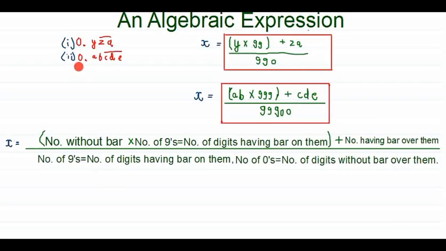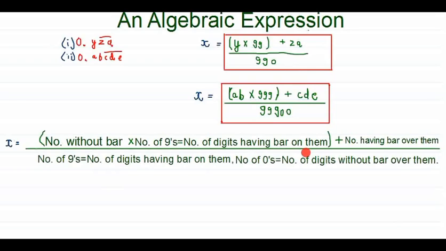So the second example is 0.AB and CDE is having bar over it. So again we have to find the fractional form of this variable number. So here x will be equal to AB into 999. So number without bar into number of 9s, which is equal to number of digits having bar over them. So the number which isn't having bar over it is AB. So I have taken AB, which is multiplied by number of 9s, which is equal to number of digits having